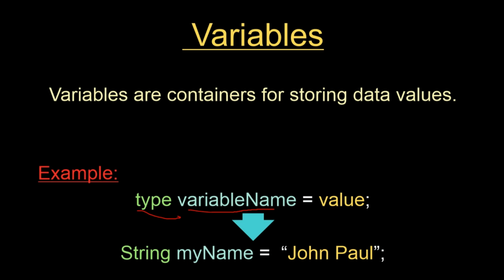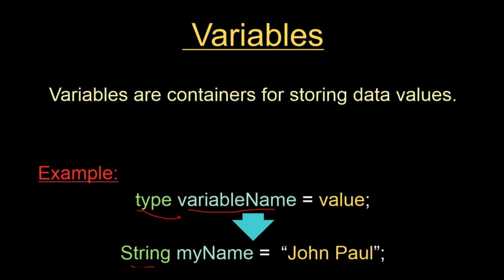And then it's going to be equals to a value. Your value here would depend on what data type you have. So let's look at what we have down here, a real life example. Right here at the top we have String. I have declared a variable named myName. Here you can see I started with a small letter, and the next word starts with a capital letter. Then I set it equals to